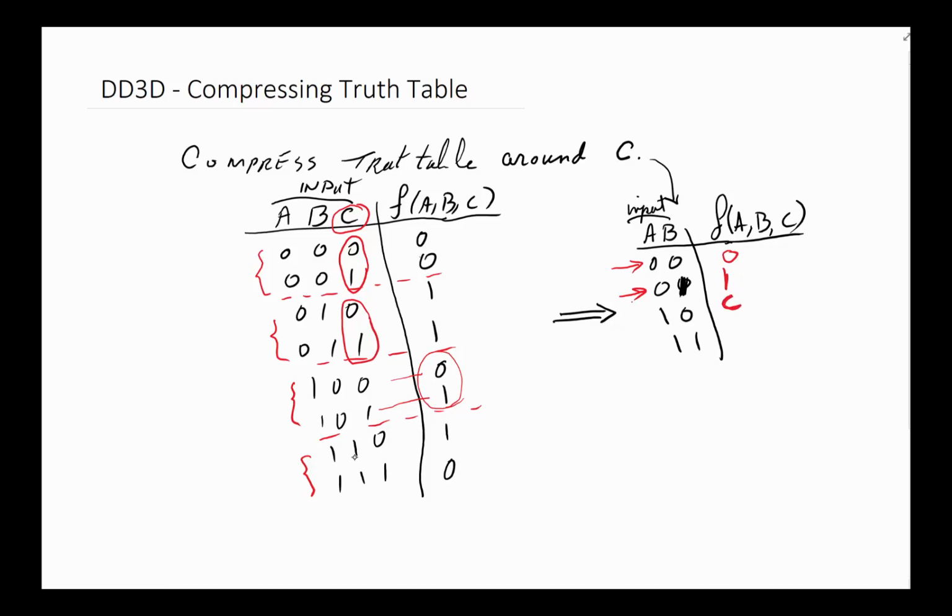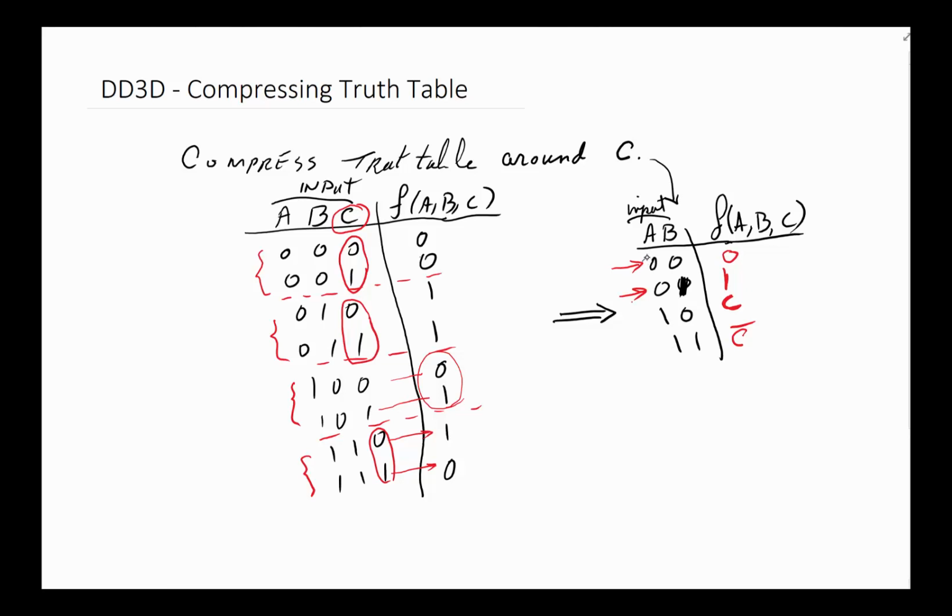Now we get down here, same thing. We'll group these two together. Look at it, the function is not 0 or 1, so I can't really write 0 and 1 there. But I see as C is 0, the function is 1, and as C is 1, the function is 0. All right, so that's got to be C naught. There we go. What we did, we took the original function and we compressed it